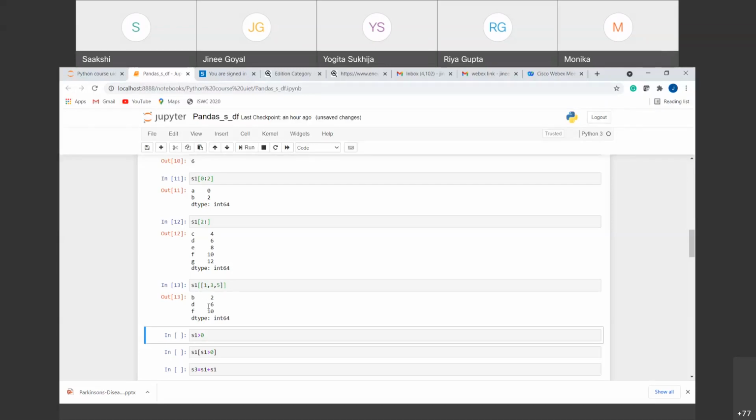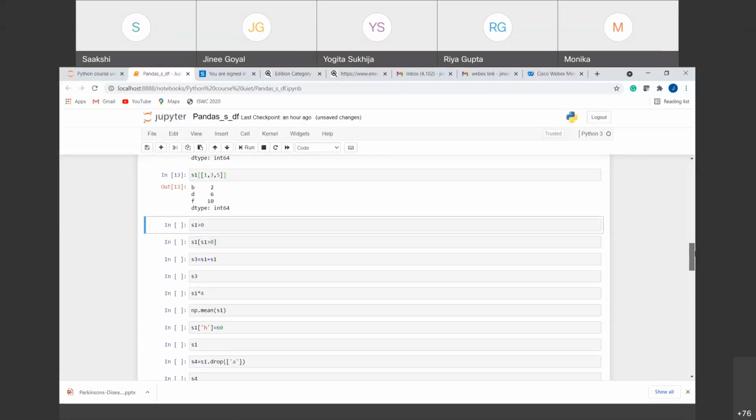Similarly, you can get any value out of the series, right? So these are the basic manipulations of the series. That is how you can define a series, how can you define an index, how can you iterate through a series, how can you slice some values based on the index or based on the names that you have provided, right? Any doubts still here? Yes, anyone, any doubt? Okay, so if you are not having any doubt, let's continue further.